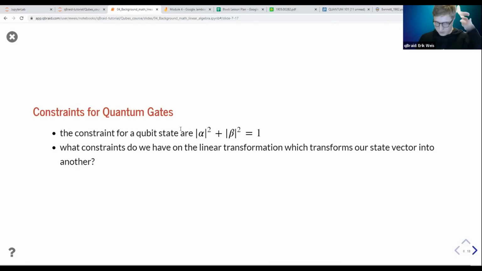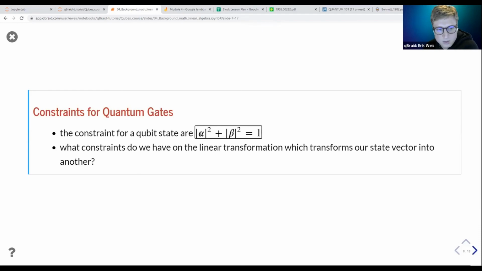Feel free to talk about some ideas here. We know that for a qubit state, the 2-dimensional state vector given by alpha and beta has this constraint. So what would that mean about the linear transformation? What could it do and could it not do? I'll invite you to think, as a start, about